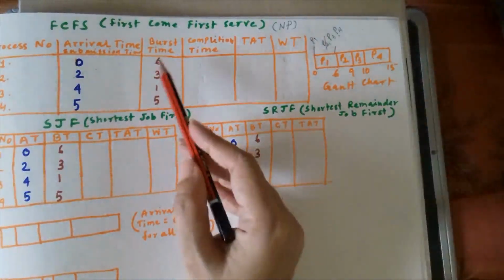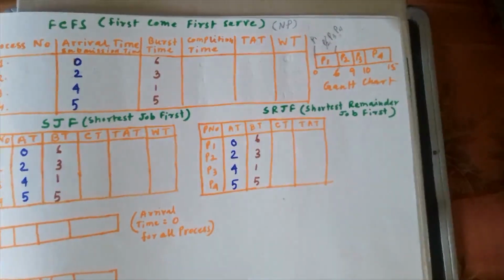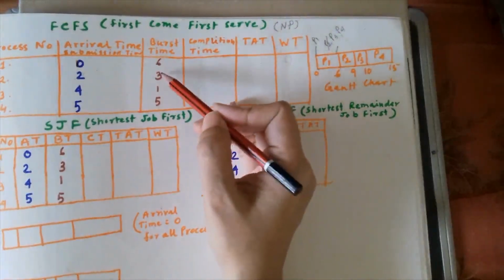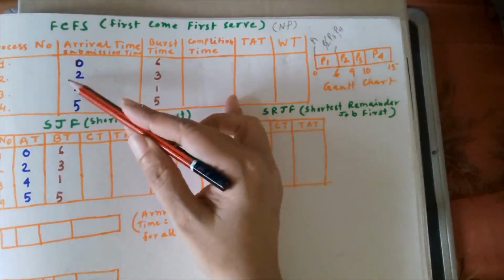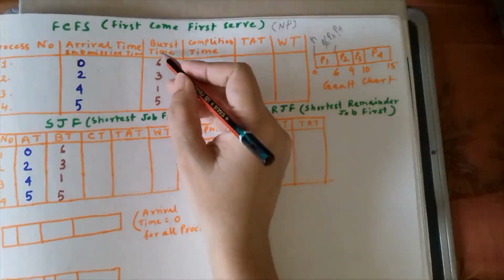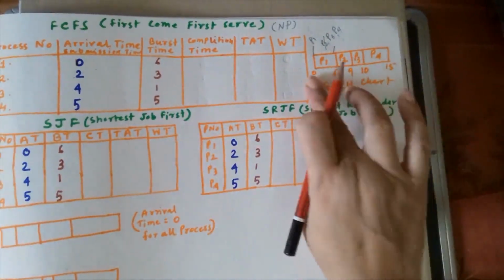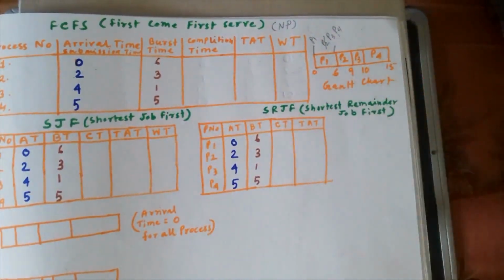See, again I am telling, this should be 6 plus 3 plus 1 plus 5, so it will end with 15. Sometimes instead of burst time, by mistake if you consider arrival time, anyhow the calculation will not match. Your first work is to consider the sum of this and draw it and write the initial point and the end point. Then there will not be any mistake.